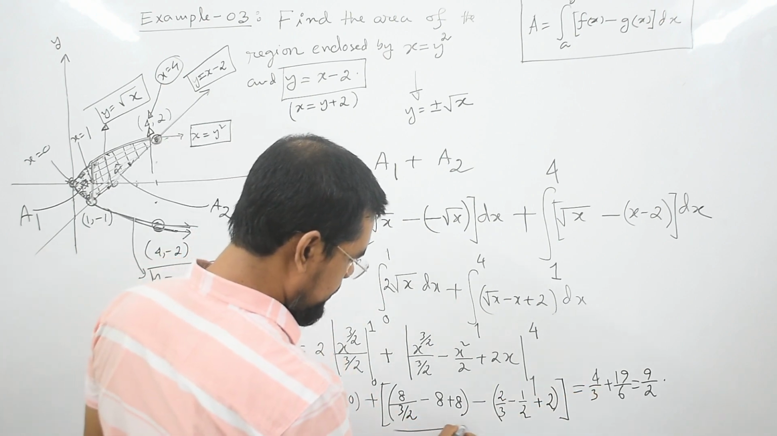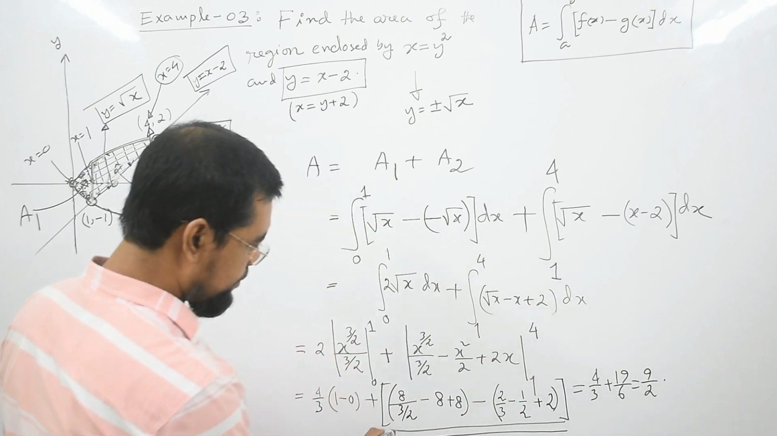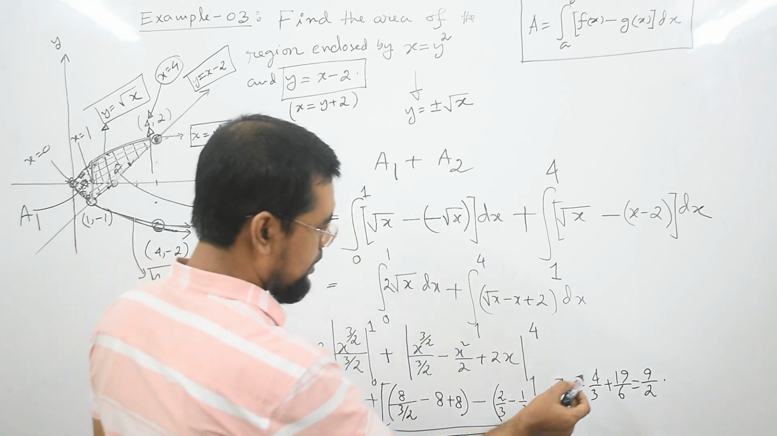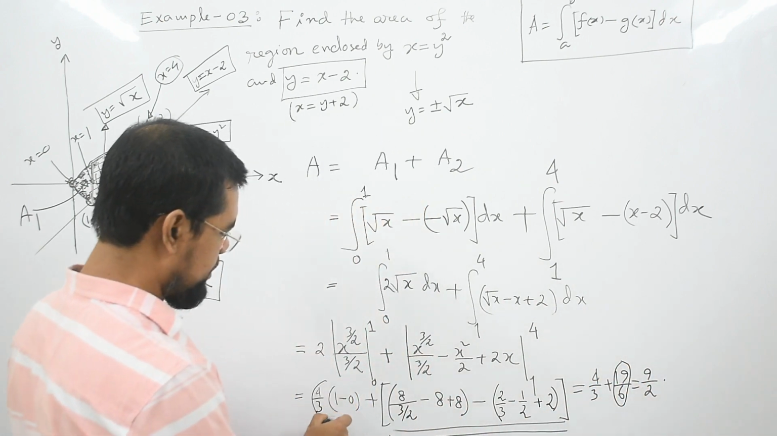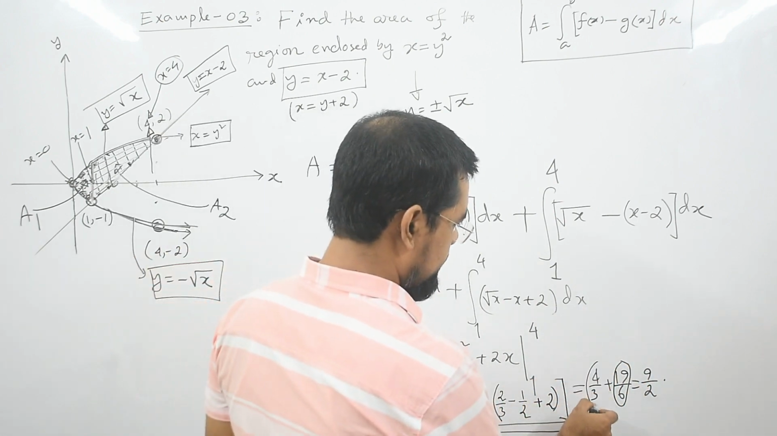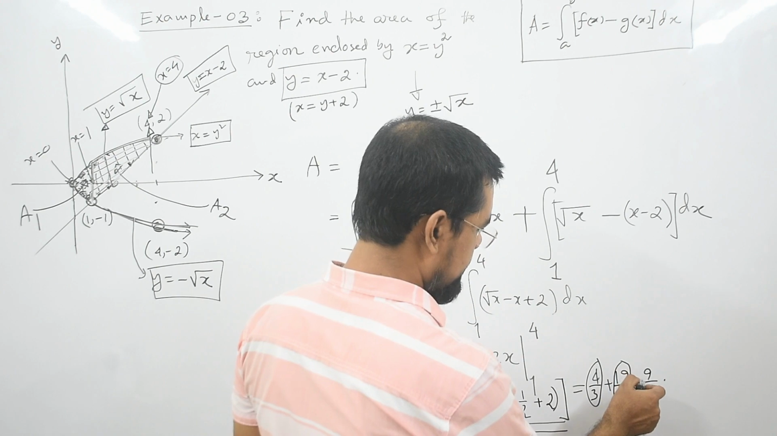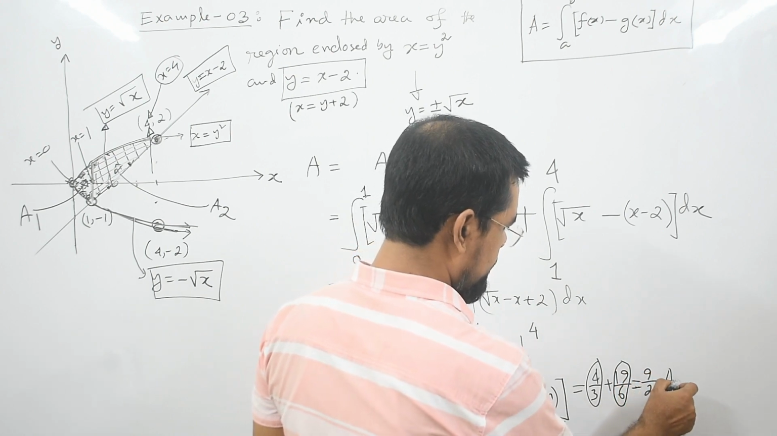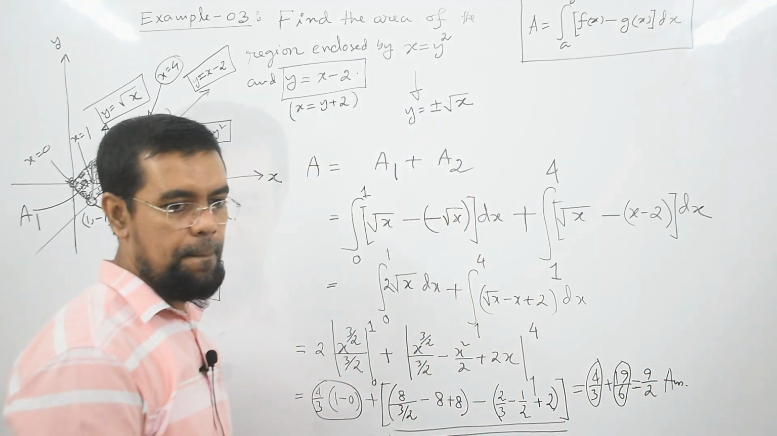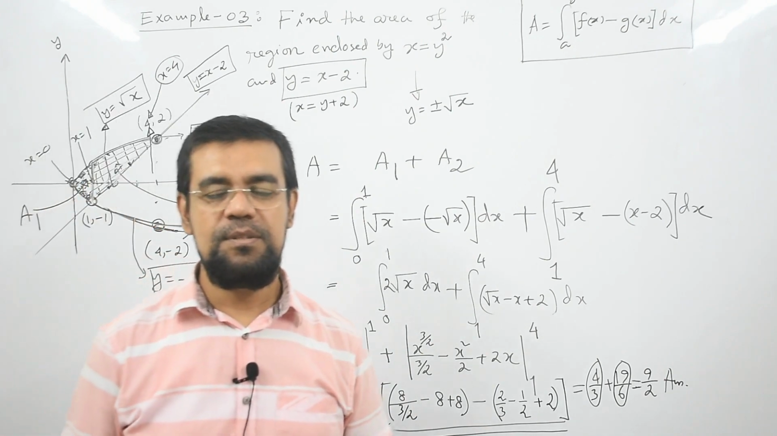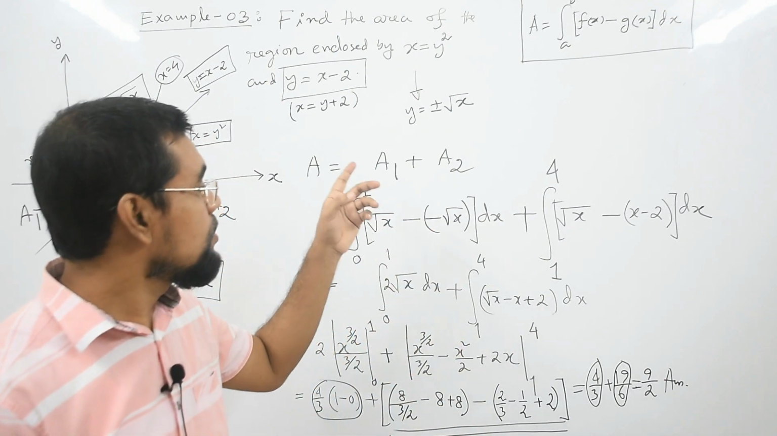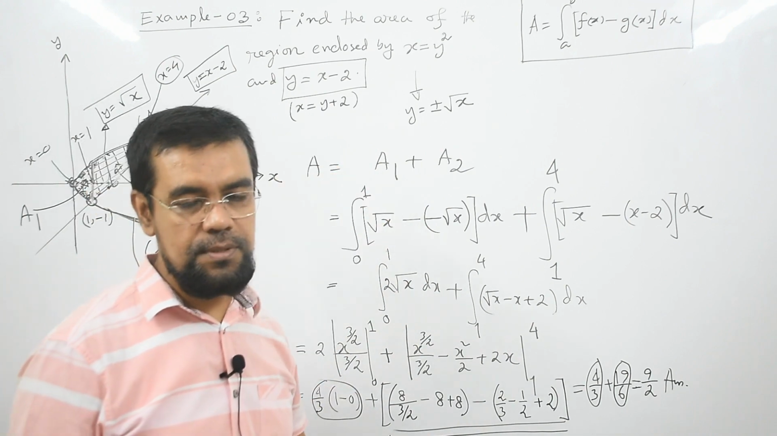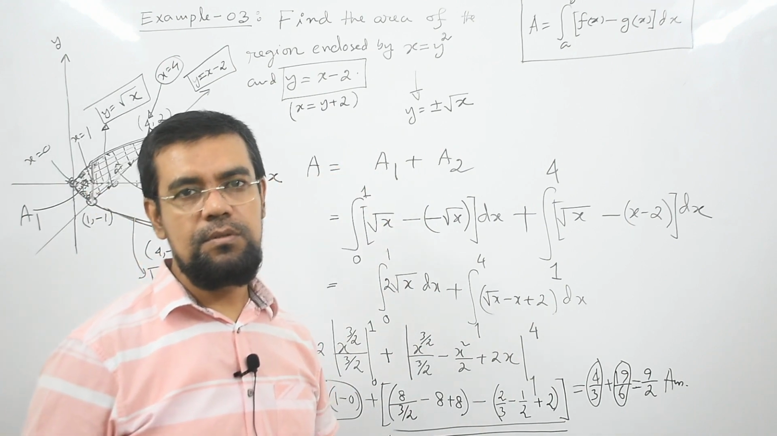If you do this simplification by yourself, you will get 19 by 6, and you have 4 by 3 here. So 4 by 3 plus 19 by 6 equal to 9 by 2. So this is the answer. So that's the end of this lecture, and in this lecture we used formula 1 in order to calculate area between two curves. In our next lecture we will use formula 2,